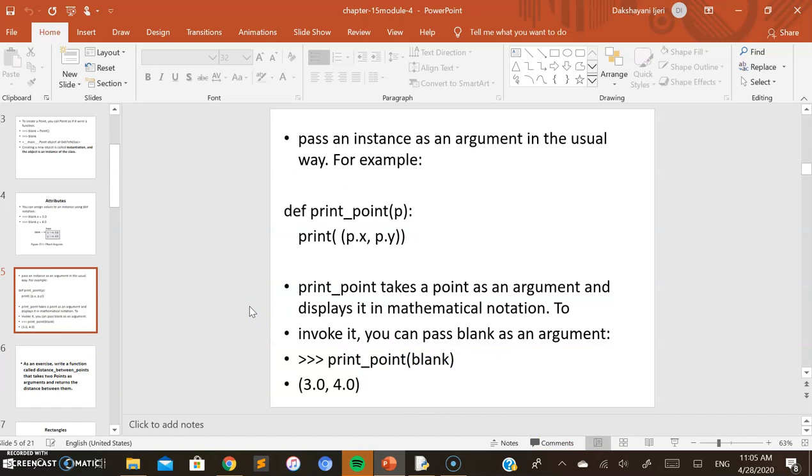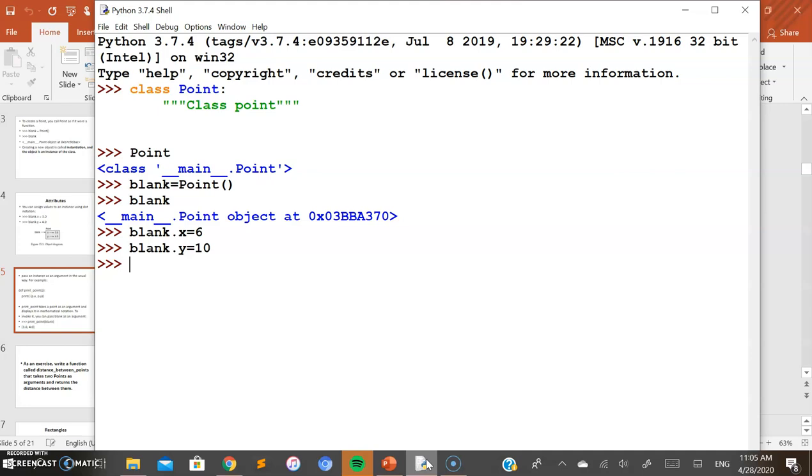So next we will see an example where we are going to define a function through which you pass the object to that function, and how you can call that function here. The simplest thing we want to do is print these x and y values here. So for that I want to define the function with the function name print point.